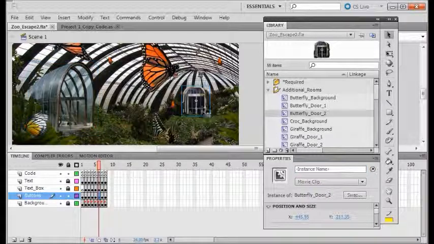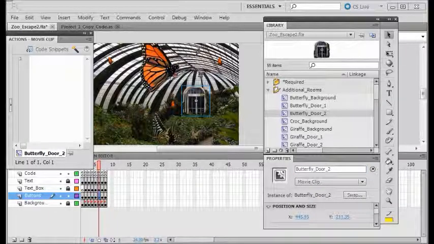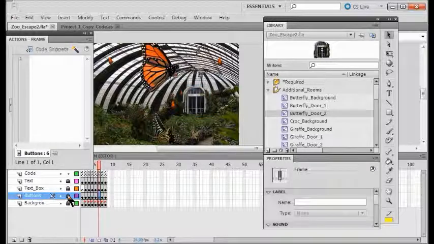Now click on this one, butterfly door 2. So now I'm going to lock my buttons layer, and I'm going to unlock my code layer,